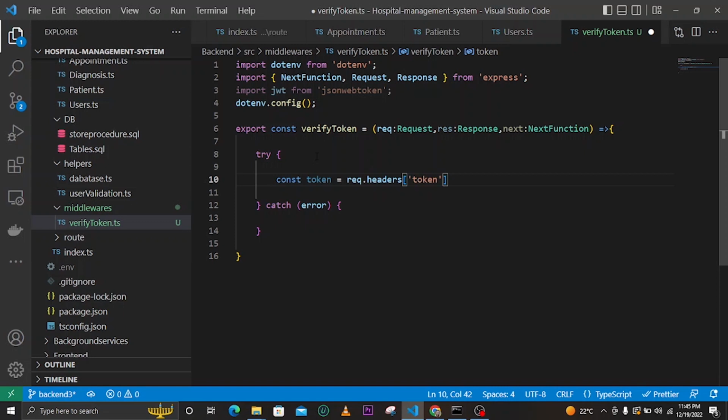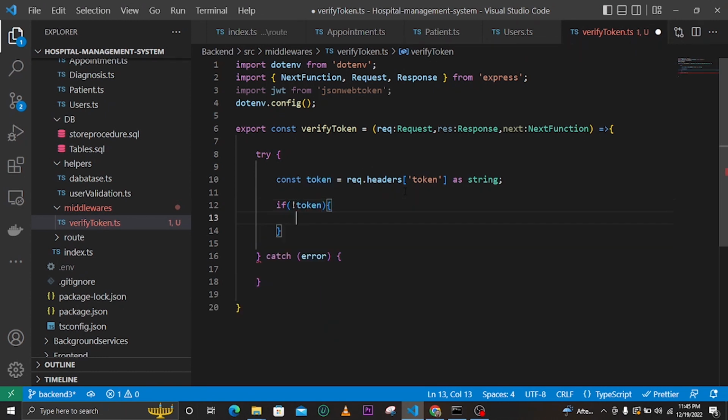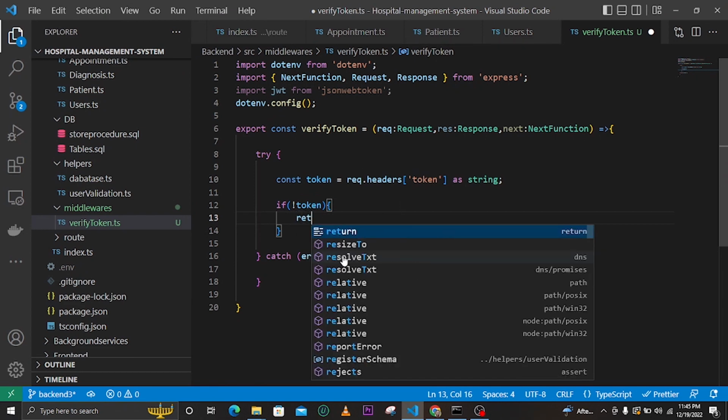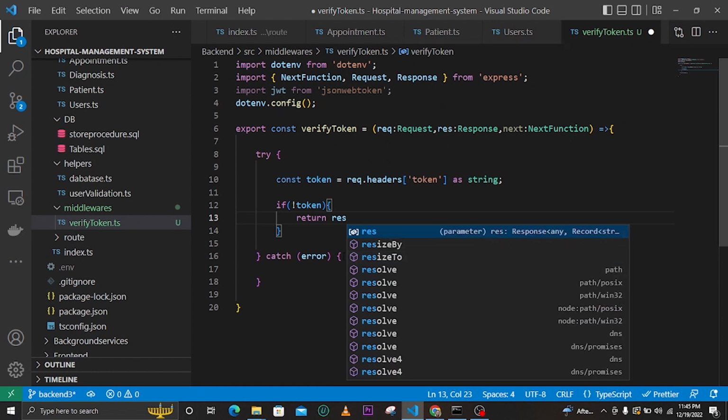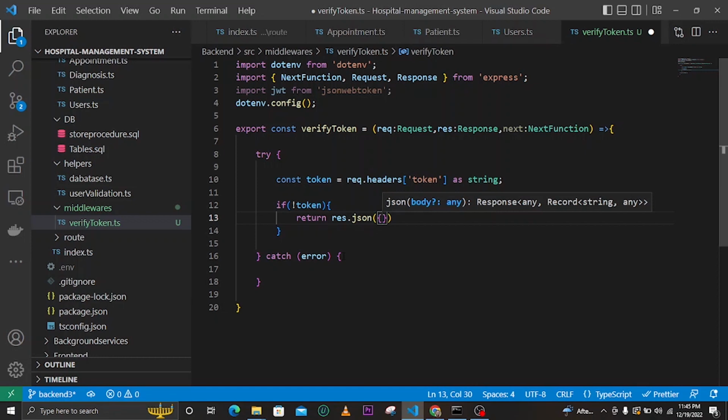We just pass this a token using a key called token, and this one will just type and say it is string, because we are using TypeScript. So now we need to look if the token doesn't exist. To look, we just say exclamation, and then if token doesn't exist, we return, and we say res.json,